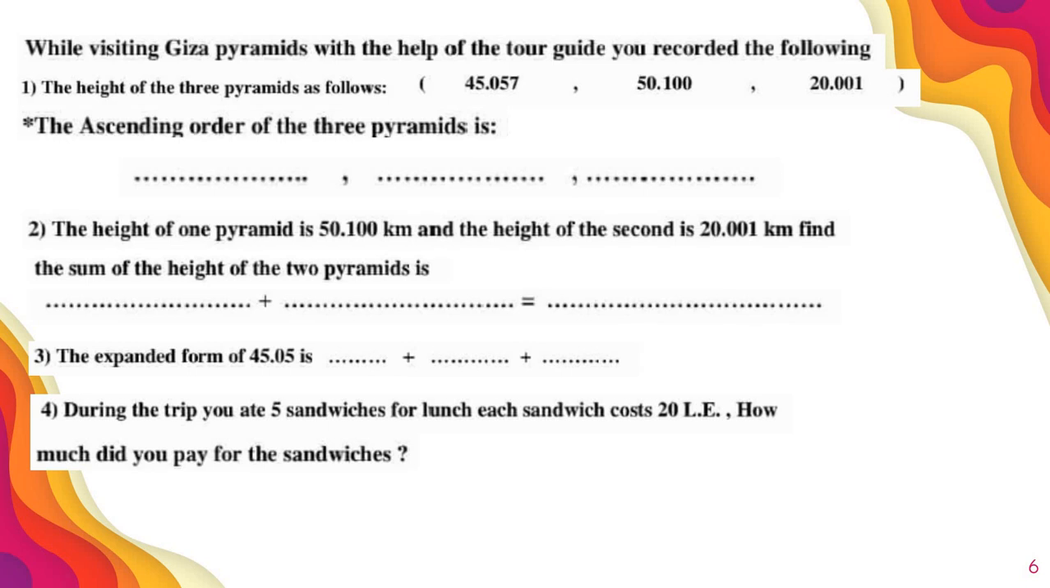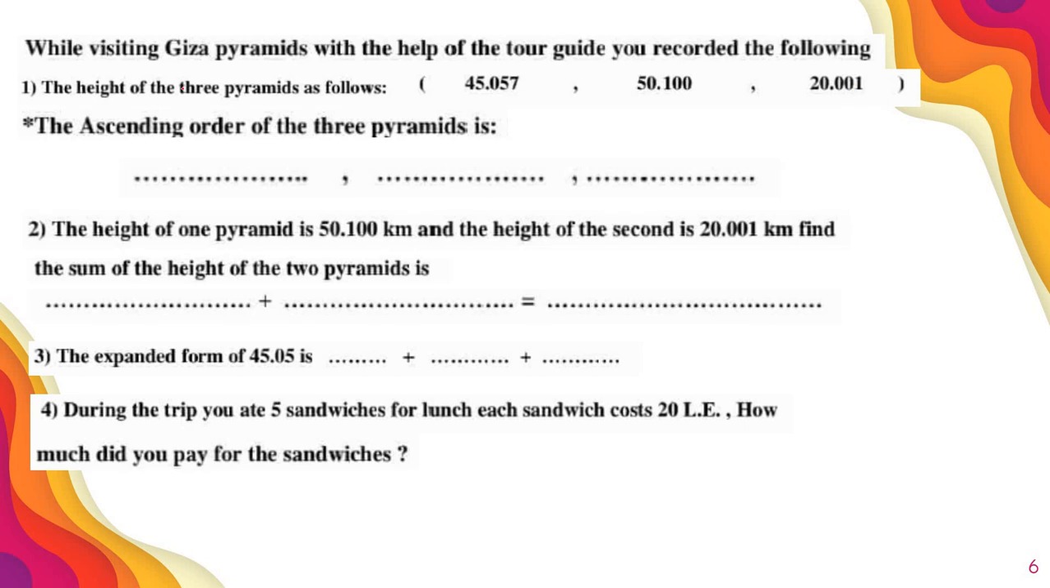I have here another one, and I think it's the last one. While visiting the Giza pyramids with the help of the tour guide, you recorded the following data. First of all, the heights of the three pyramids are as follows. The first pyramid is 45.057 kilometers. The second one, 50.1 kilometers. I think 50.100. This 0 doesn't mean anything. Okay, the third one,